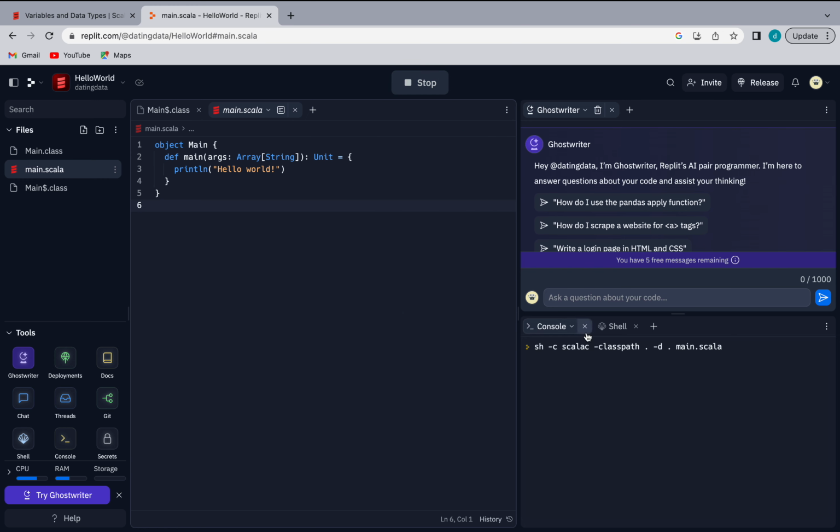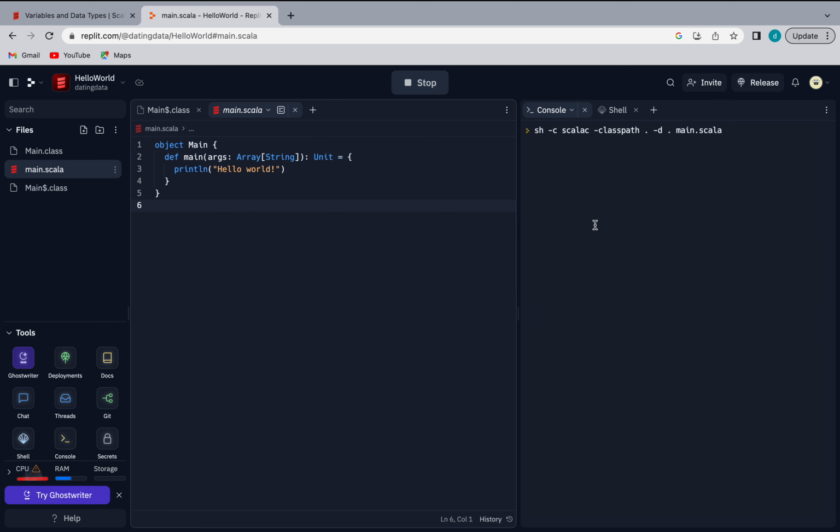Yay, I see the console over here. I'm just gonna get rid of this. It takes a moment to run, so we're just gonna let it run here. Yeah, and you see the output over here. There is one more